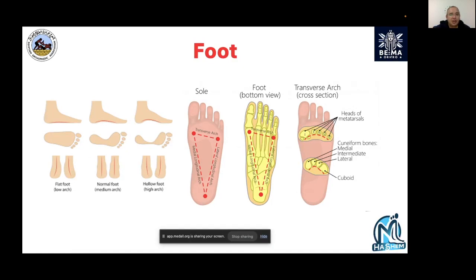So normal is the middle one, because this is because of your arches. If you lose any of the three arches, this is unfortunately a misconception. People always speak about only the medial longitudinal arch, but this is not correct. For your foot to have the tripod, to load the three points which should normally load, you have to have the three arches maintained. So if you look in this picture,